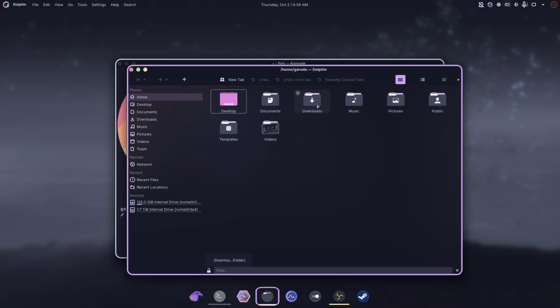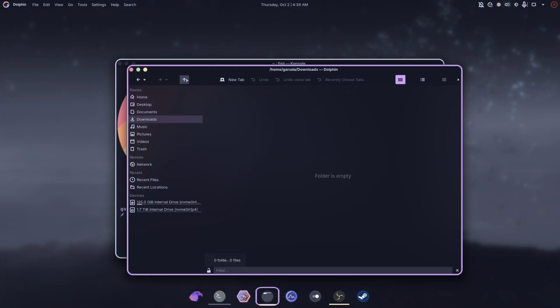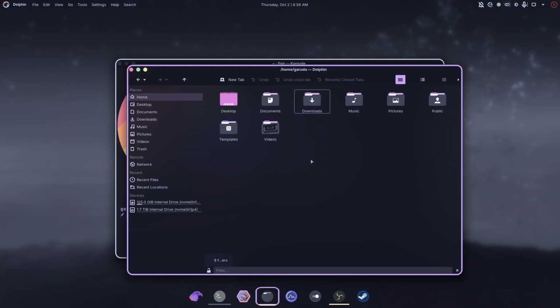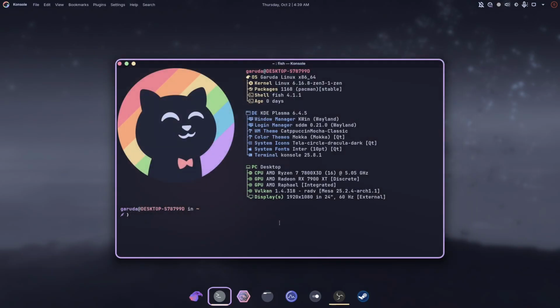It has everything that you need. And the browser, I think I did show it to you. It's very highly customized Firefox. So you're welcome to put your own browser, like if you wanted Brave, you can